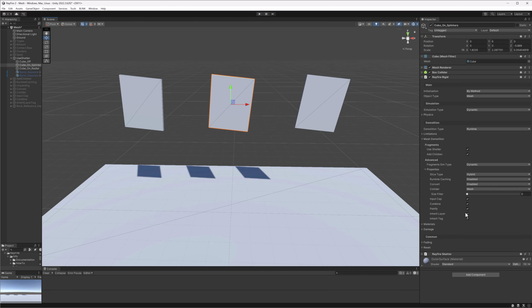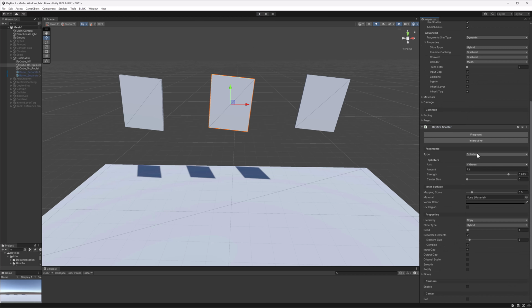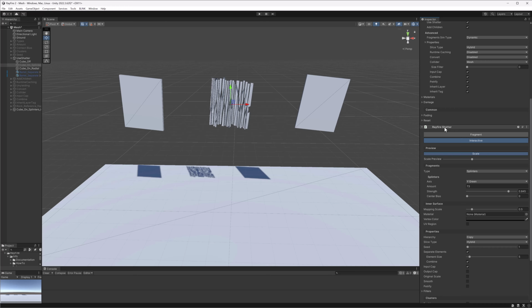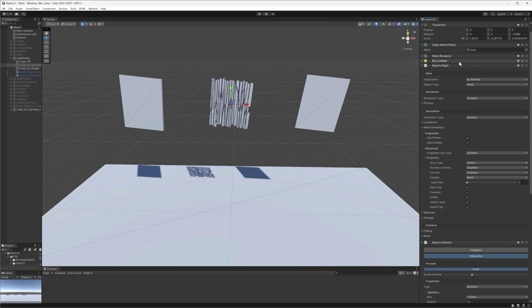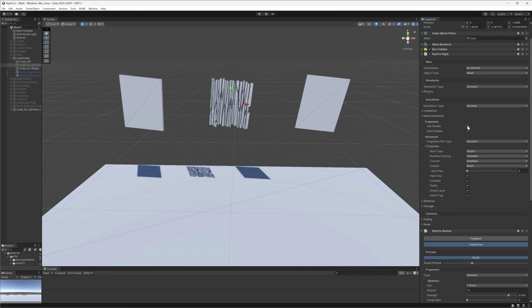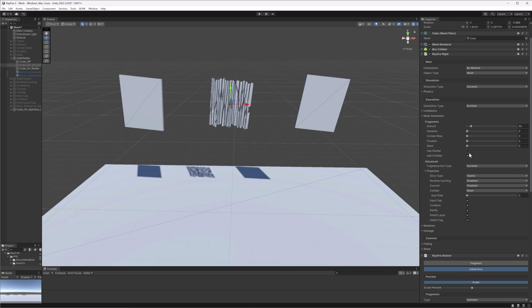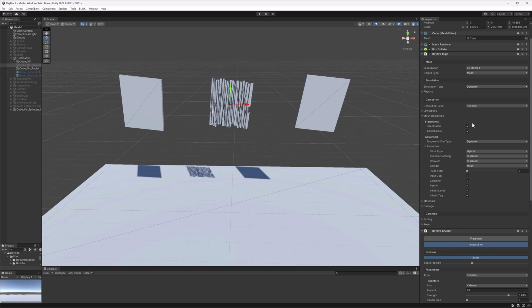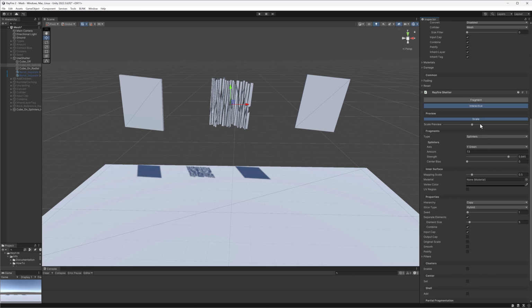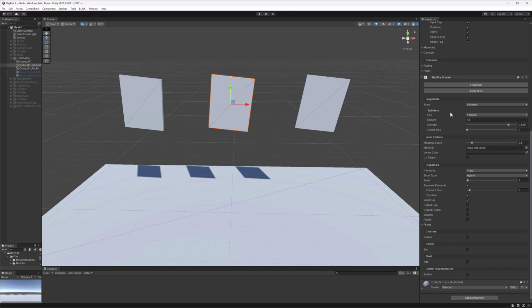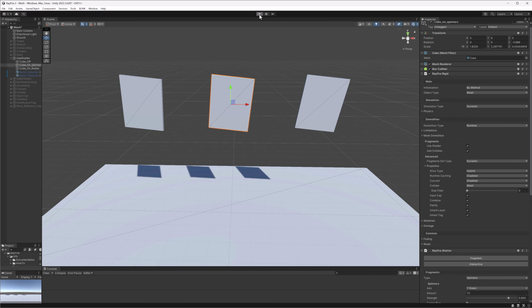But if you want to use other fragmentation types, as you can see in Rayfire Shatter, there are many more fragmentation types. In this case, you can add a Rayfire Shatter component in addition to the Rayfire Rigid component and enable this use Shatter property here. As you can see right now, it's disabled, so you can tweak default demolition properties. And if you enable it, it will hide all these properties because you don't need them anymore. Instead, you will need to tweak properties in the Rayfire Shatter component. So when you are happy with your setup, basically all you need to do is just start play mode and